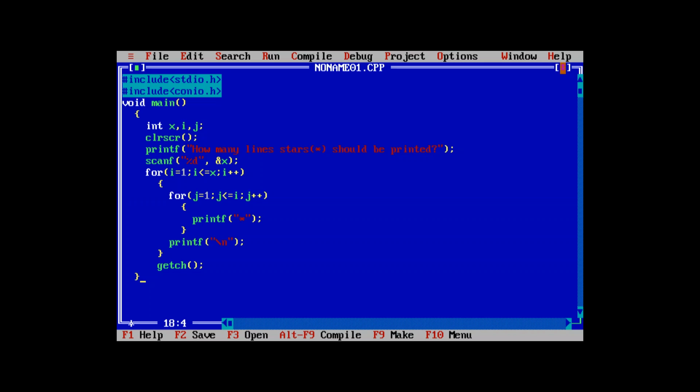First of all, declaring the two header files the same way, that is include stdio.h, include conio.h. Then use the void main function as the main entry gate, then declare the 3 variables: x, i, j. So there are 3 variables, one is x, one is i, one is j. Now clear the screen, then use the printf for